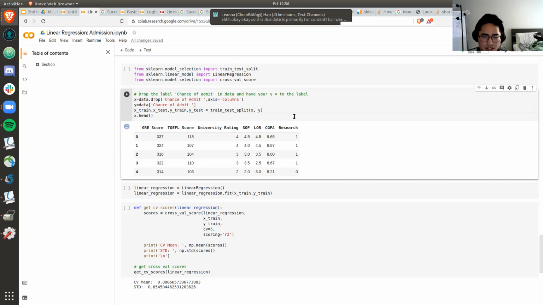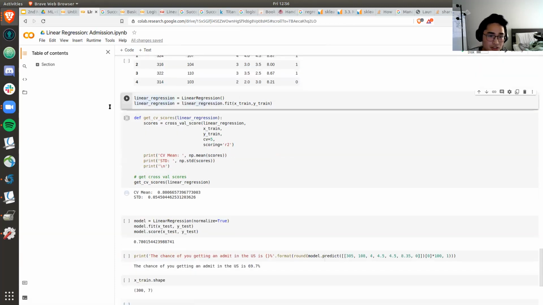I'm not sure what sklearn does here. I think it does 50-50 in this case, but usually train_test_split has an argument where you can specify how much percentage should be distributed to the training and the test set. So yeah, that's something to consider.